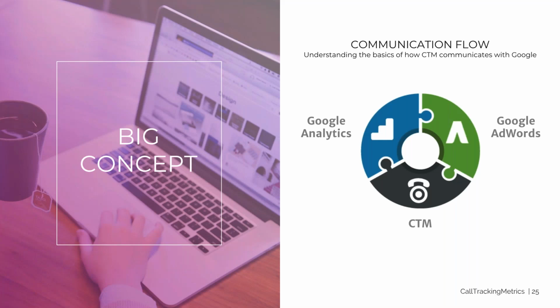Okay, so next we have our communication flow. Now this is really important when it comes to getting proper attribution to your calls, because what we really want is that robust campaign information. We want to know what keywords the people were searching, which led to the phone call or led to your website that led to a phone call. So in order to keep that communication flow working properly, Call Tracking Metrics needs to be connected to Google Analytics. Google Analytics needs to be connected to Google AdWords. Analytics plays a middleman in a lot of this integration.